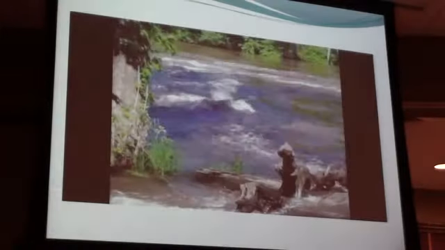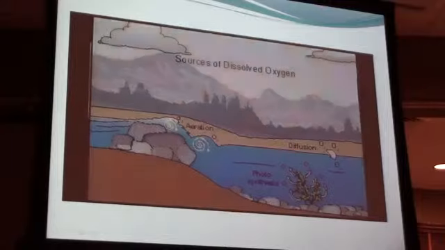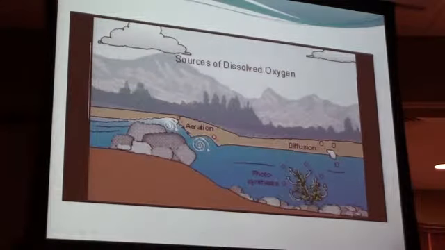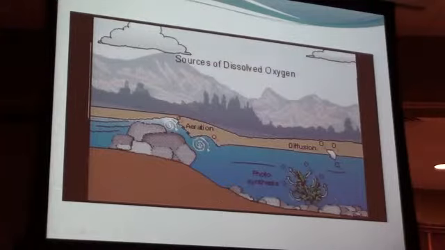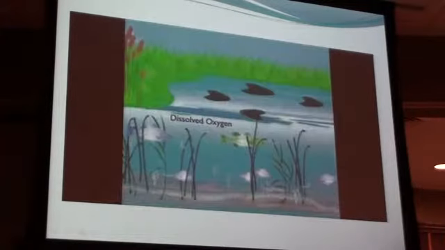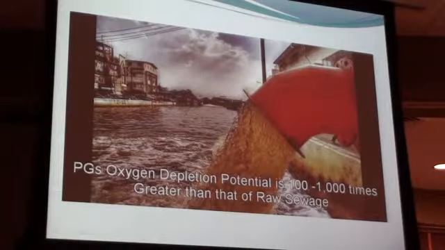PG in itself is known to naturally degrade in both aerobic and anaerobic conditions, but the process is taxing on the surrounding environment. The compound maintains high levels of biochemical oxygen demand, or BOD. In essence, BOD is a food source for many of the organisms and plant life within a waterway. When an organism or plant uses the BOD, oxygen is consumed as part of the process. The problem with PG is that the oxygen depletion potential is 100 to 1,000 times greater than that of raw